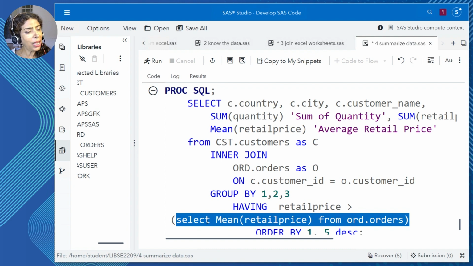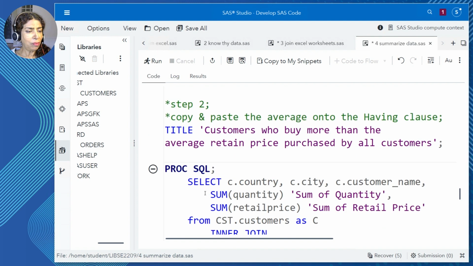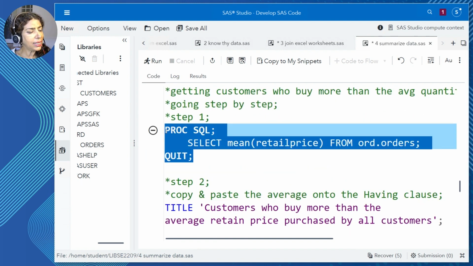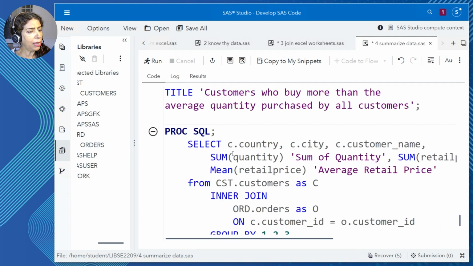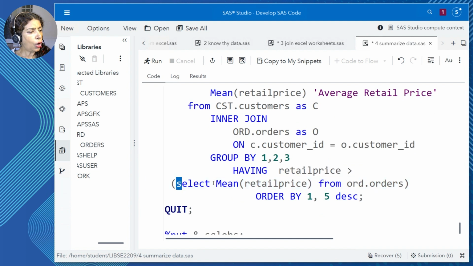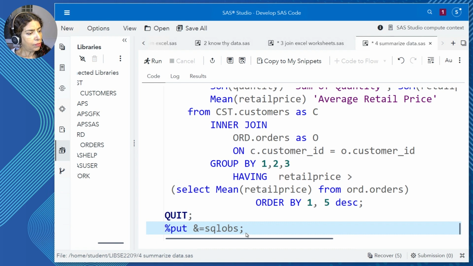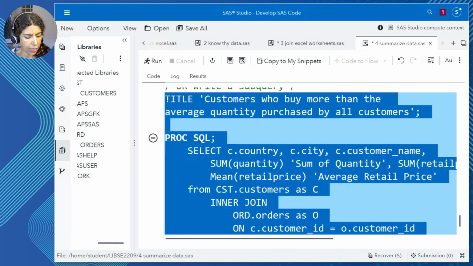And so how do I know that I followed best practices? Well, what I would do if I'm just starting out with subqueries is construct that inner query first, let it run so I know that this query runs independently. It had no problem executing. And then I can copy and paste that query onto the having clause. Let's see if this works. We've talked about this and now let's examine what the results would be.